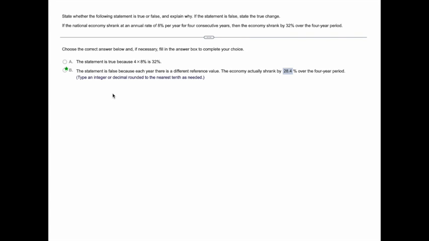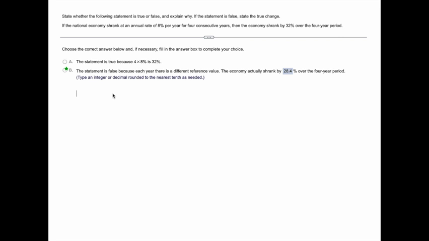In this example, it says state whether the following statement is true or false and explain why. If the statement is false, state the true change. If the national economy shrank at an annual rate of 8% per year for 4 consecutive years, then the economy shrank by 32% over the 4-year period. So this actually is false because when you take 8% and you continue to decrease it, each time you decrease it,